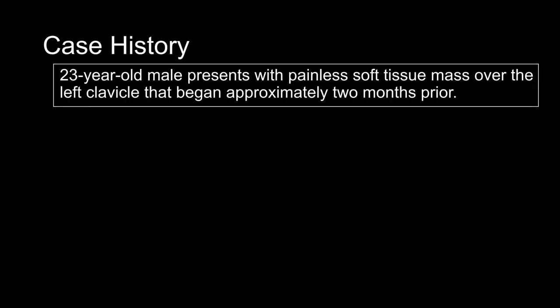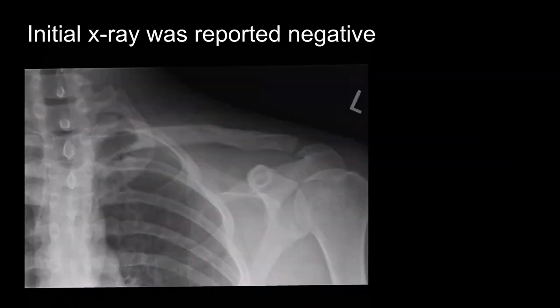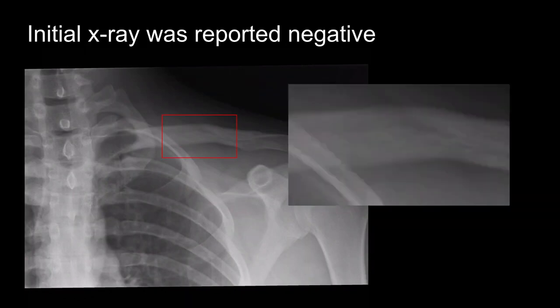Our patient is a 23-year-old male who presents with a painless soft tissue mass noted over his left clavicle. He states that he noticed this approximately 2 months prior. Initial x-rays of the left clavicle were taken, which I've included here. The initial x-rays were reported negative. However, if we zoom in on the diaphyseal portion, we can see that there is questionable cortical disruption of that